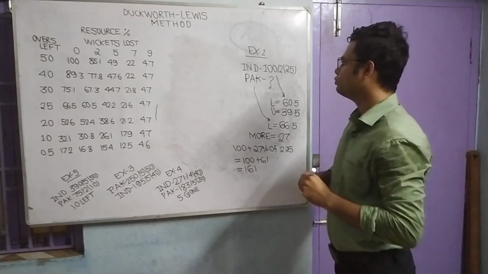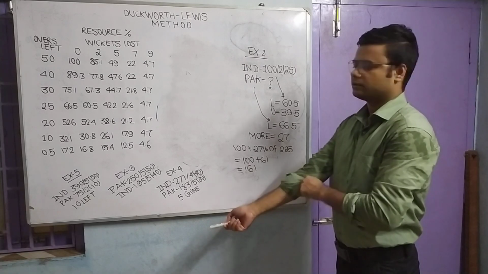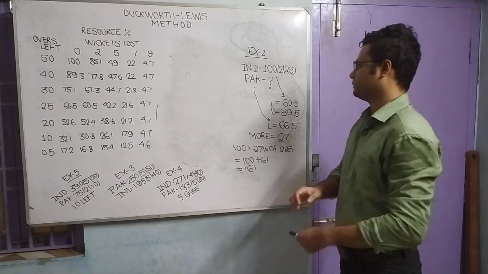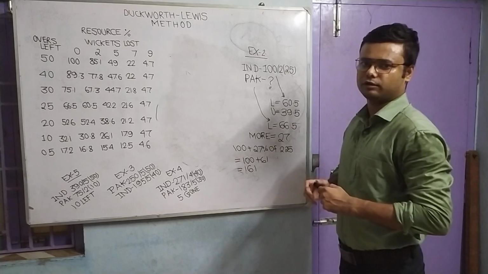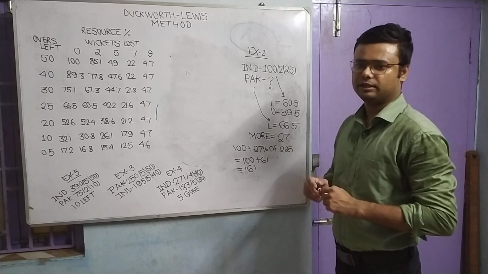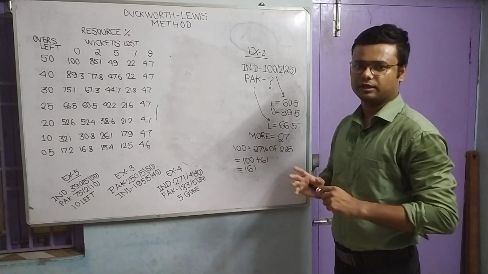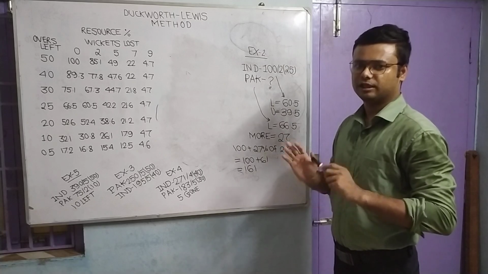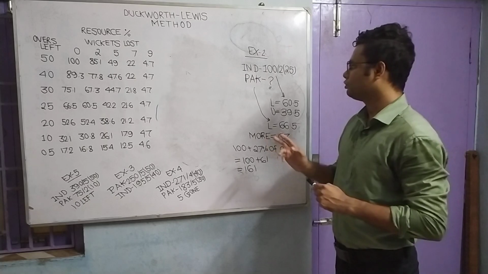Now comes example 2, where India had won the toss and elected to bat first. Second one-day international between India and Pakistan. India were at 100 for 2 after the completion of 25 overs. Rain appeared then, and the rest of their innings was spoiled due to rain. So they did not use their 100% resources, and Pakistan similarly will receive 25 overs.